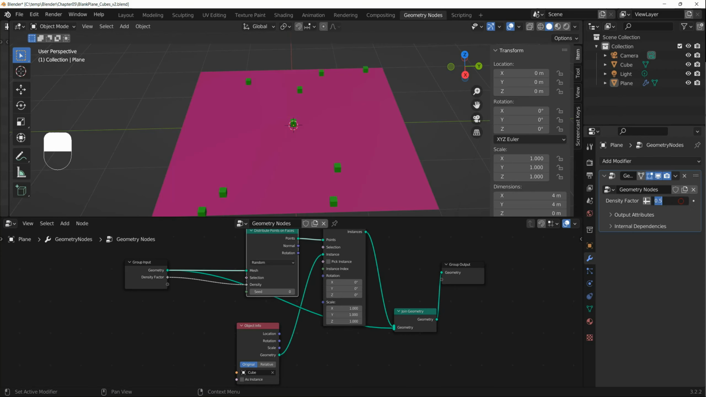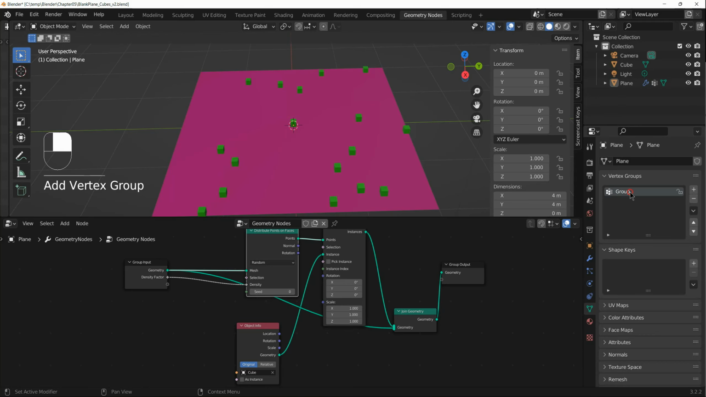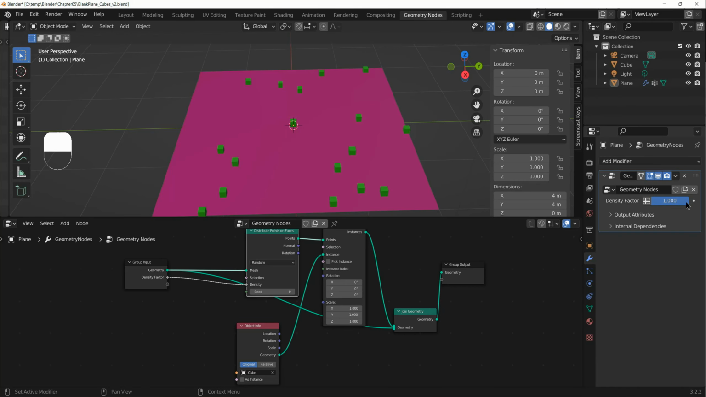But what I want is not a static factor like that. I want to do a group. So if I go into here and I say add a vertex group, I'm going to call it mug group, just to make it obvious it's a user-defined name. Go over here, density still 1. Okay. So if I come back now to the properties here,